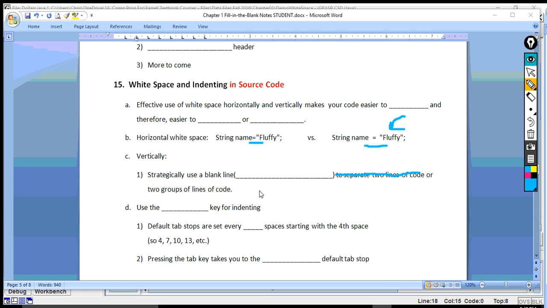And so one thing to write on your notes here on number 1 is that it's like the space that you put between paragraphs when writing an essay. So vertically, the space that you put between paragraphs when writing an essay is like what we want to be able to do. So if we look at an example,